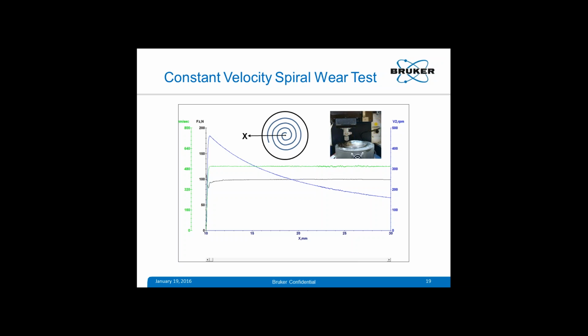This methodology can also be used to test materials where the contact tip always moves on a fresh surface, not on the same surface again and again, which actually influences the test results. So we call this a spiral wear test with constant velocity. So here is just a